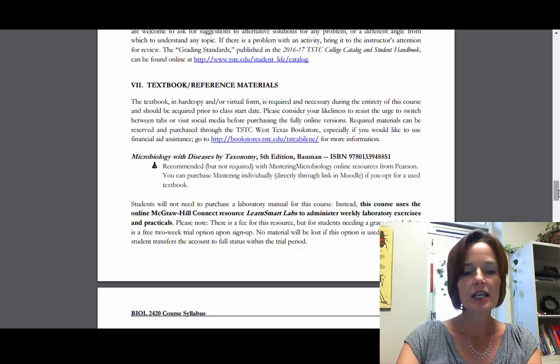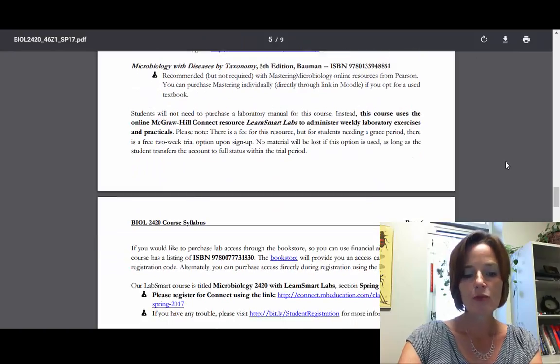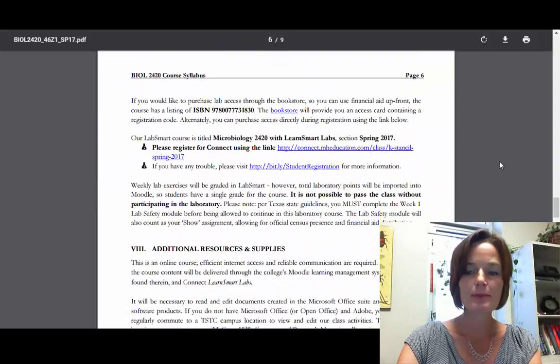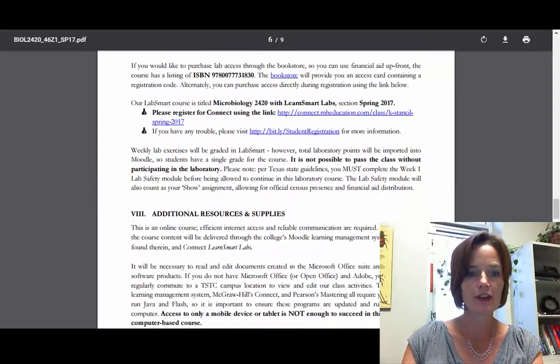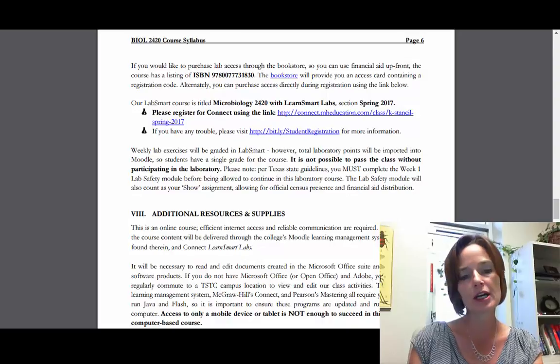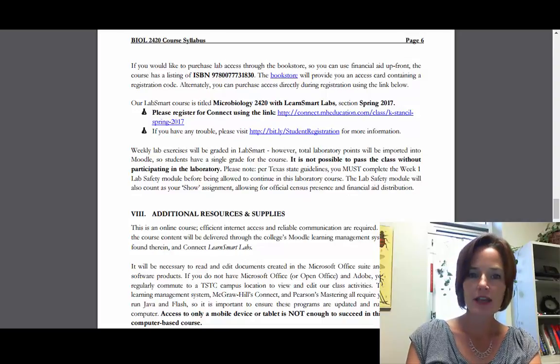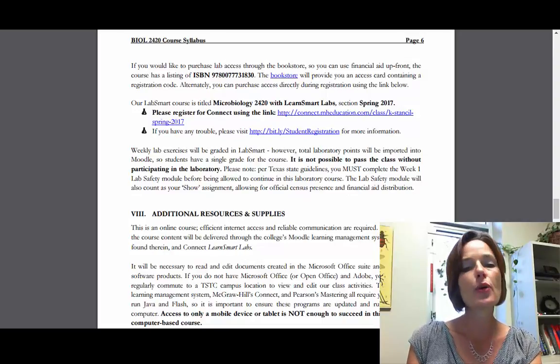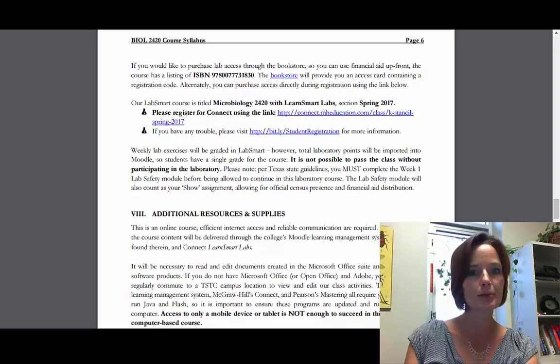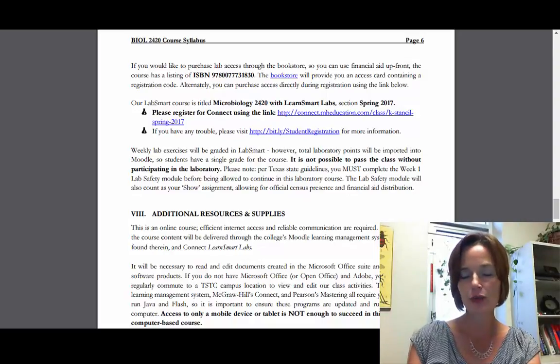Another thing that we will need is we will be using that lab website, and the lab website does require a fee. So this is Microbiology with Learn Smart Labs. The link for that is located here, and it's also in the Moodle website. And you will need to go and register for that and pay for access to that. There is a free 30-day trial. So if you need a little bit of time to get the money together for that, you can register for